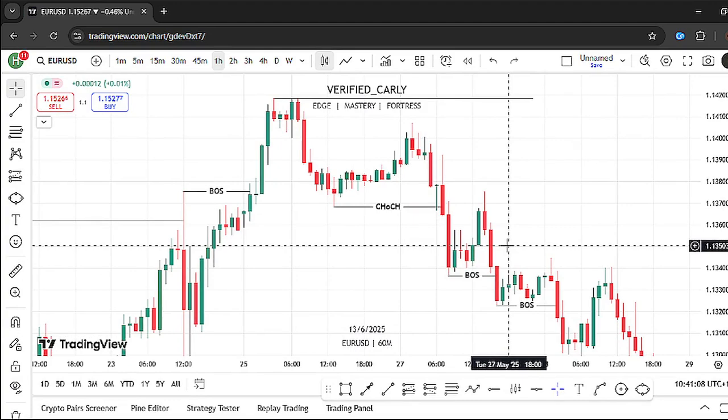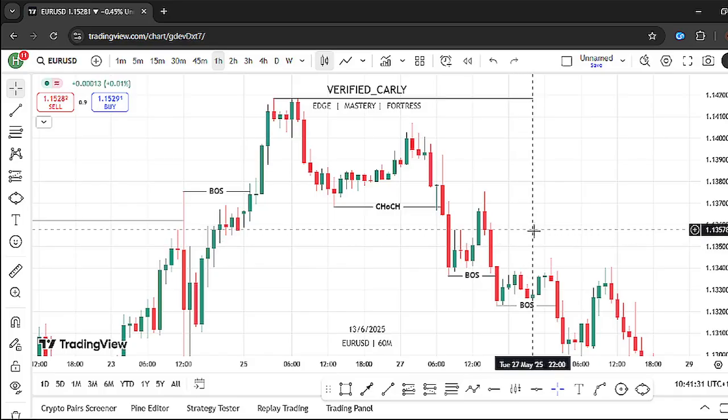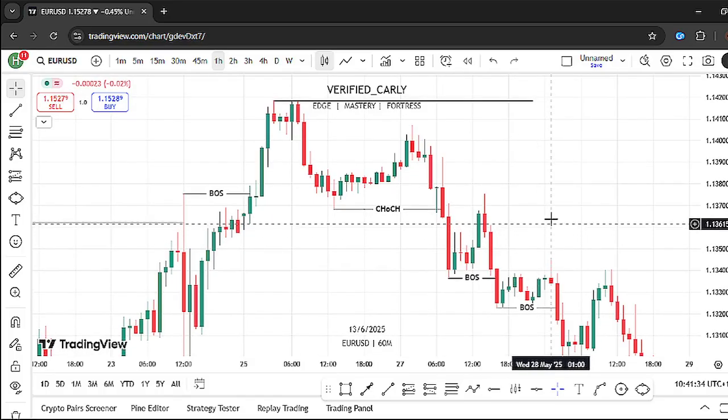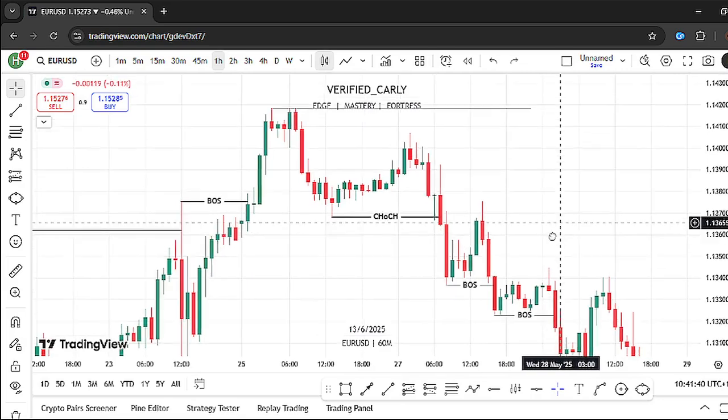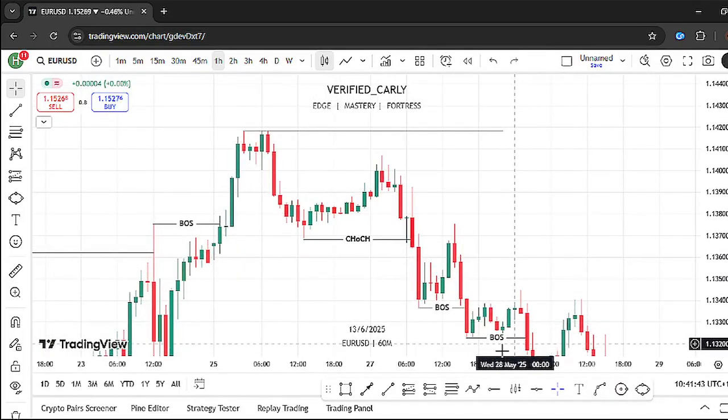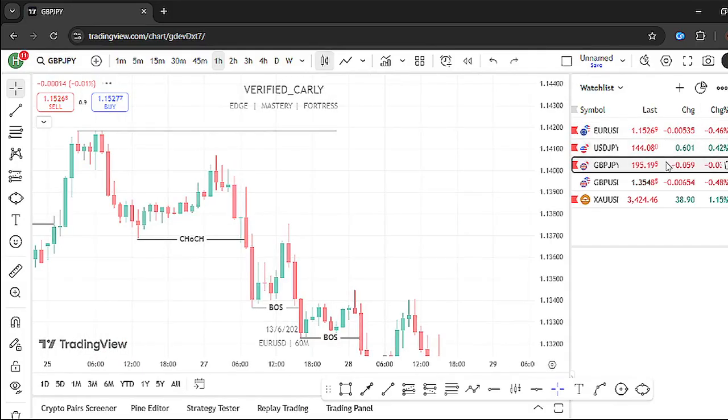So the first thing that you want to consider when you open your chart on your screen, anytime that you want to analyze, is whether price is in an uptrend or a downtrend or consolidation phase. If you open your chart, the first thing you ask yourself is, what is the trend of this market? Is it in an uptrend or in a downtrend? If you cannot answer that, don't analyze that market, just leave it. Like me, if I enter any pair and within 10 seconds I cannot seem to understand the trend of that pair,